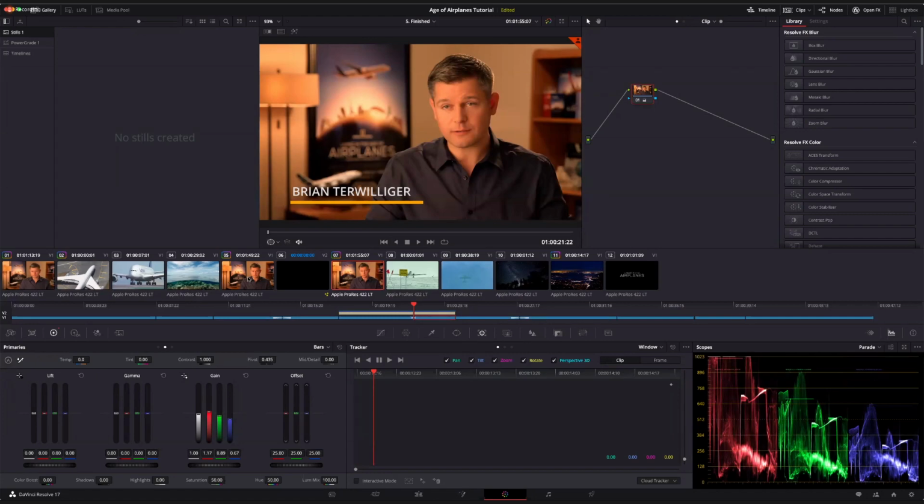Matt, why don't you jump to the edit page and just make a bunch of changes, edit wise. So what's really great about the color page and the edit page in collaboration is a lot of times the director, this gives you the ability to be working on a cut that hasn't been locked. So color can start much earlier